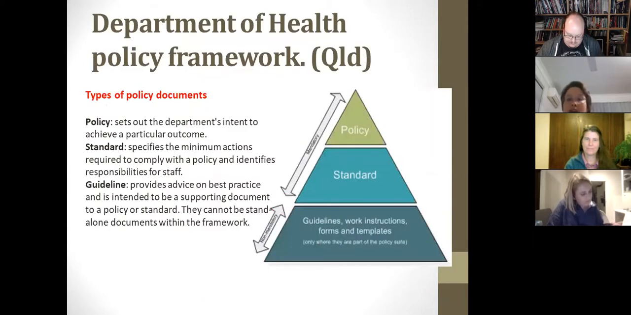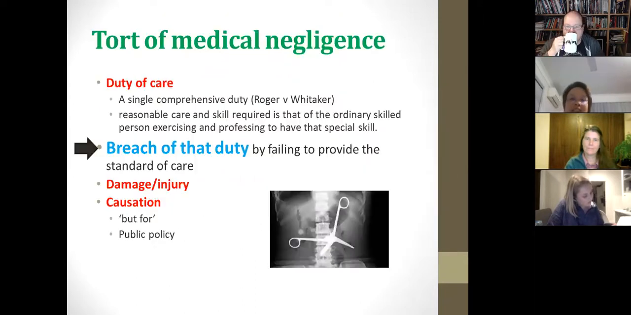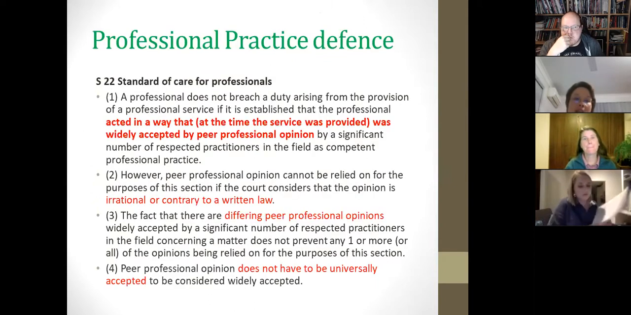Now, as far as the administration is concerned, they divide policy documents into 3 types: policy, standards, and guidelines. And they consider policies and standards to be mandatory, whereas guidelines are not, right? But there are suggestions. Okay, so we're talking about the breach of duty of care. And with respect to that, what we call the professional practice defense. So when can we engage this professional practice defense as a way to